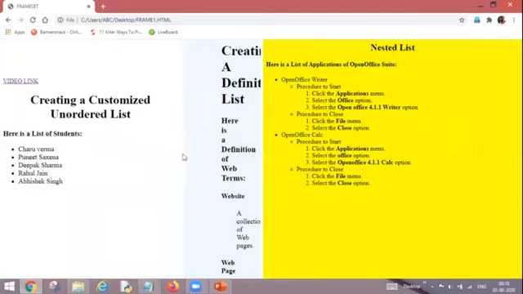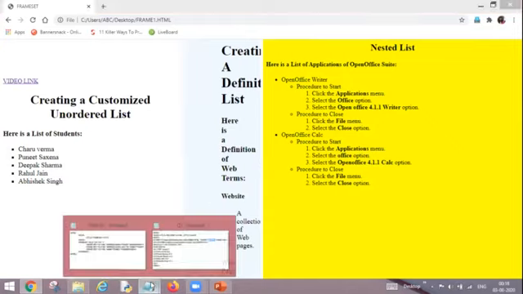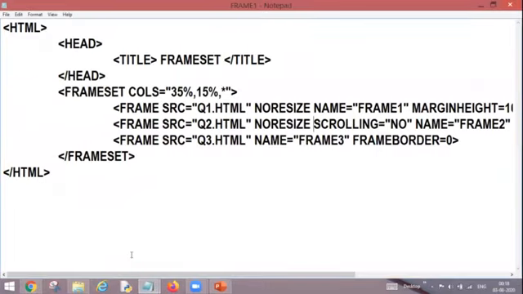Now, once I place the mouse cursor at the intersection of my frame 1 and frame 2, I won't get my mouse cursor converted into two-headed arrows. That means I'm not getting the option to resize it manually. Similarly, over here, once I place the mouse cursor at the border or at the intersection of frame 2 and frame 3, I'm not getting it to control it. So this is how my resize feature works.